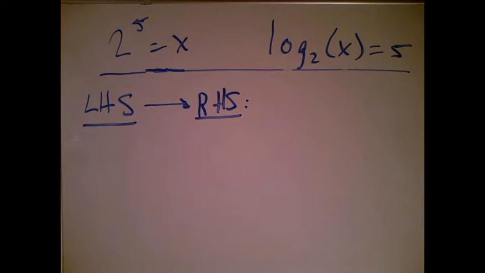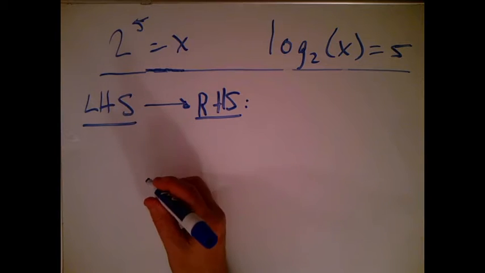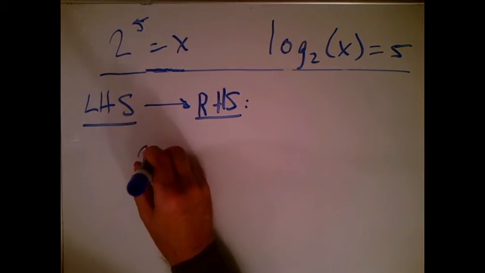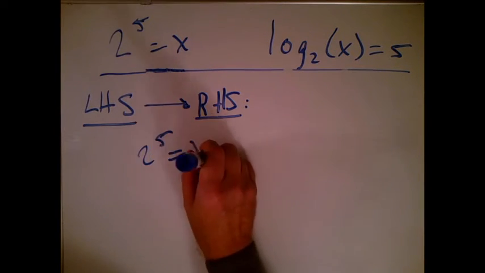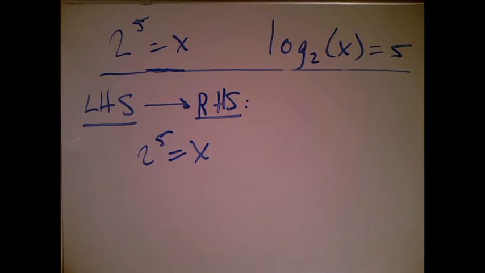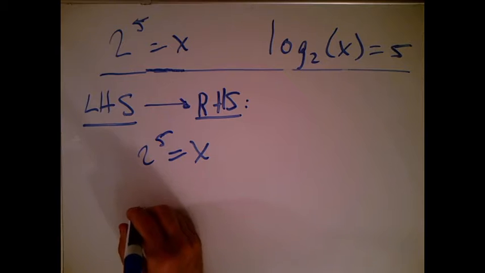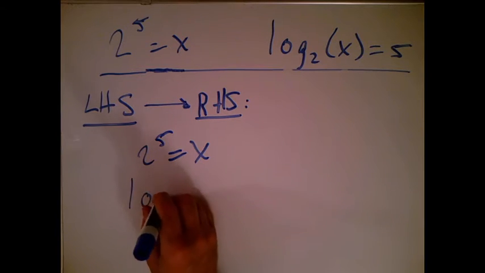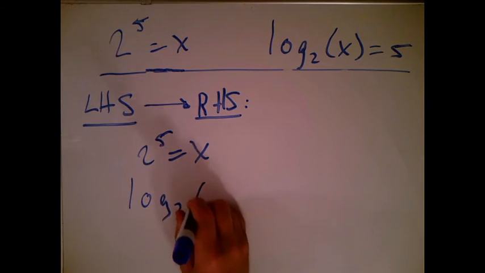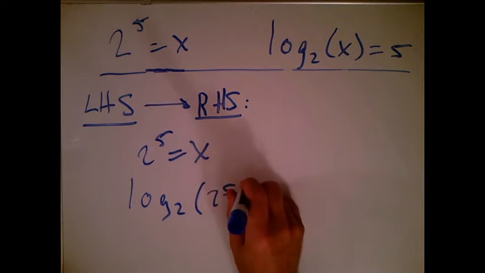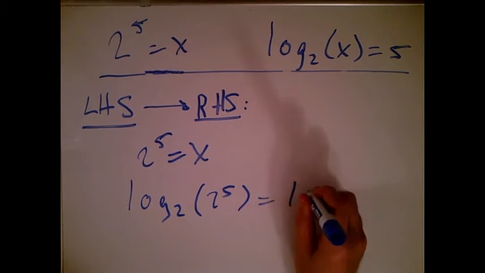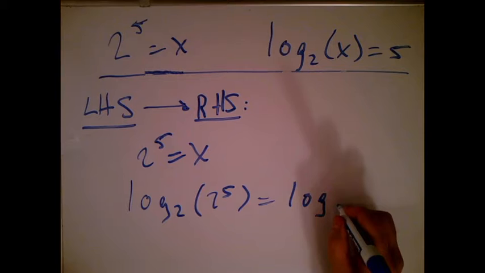So if someone gives us the left-hand side, let's just write this down here, right? What can we do to both sides so I have a logarithm? Well, what I can do is take the logarithm base 2 of both sides. So all I'm going to do is take the logarithm base 2 of the left-hand side and the logarithm base 2 of the right-hand side,